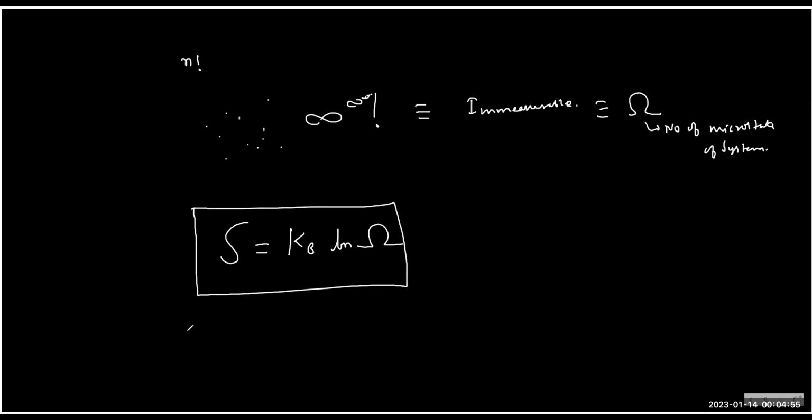But for larger systems, this is impossible to measure. So for larger systems, we only measure the change in entropy, not the absolute entropy. This is actually on the tomb of Ludwig Boltzmann. This entire equation is engraved